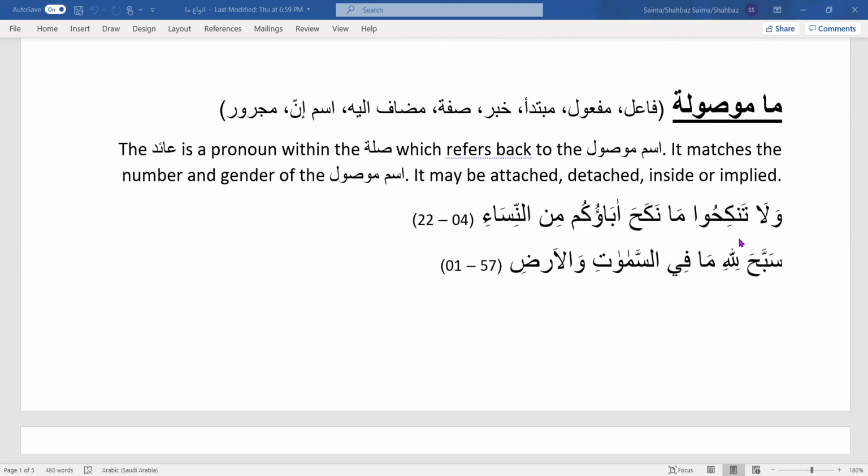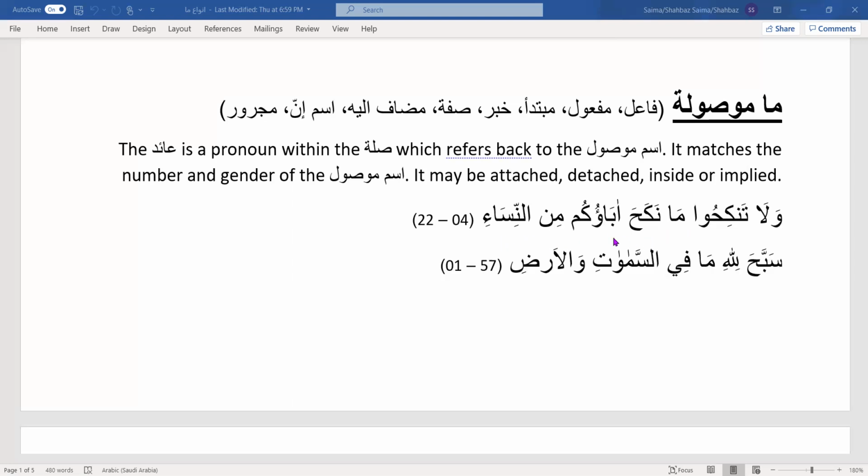And you do not marry what your fathers married, from the women. So this ma here is ma mausulah, and nakaha aba'ukum min nisa'i